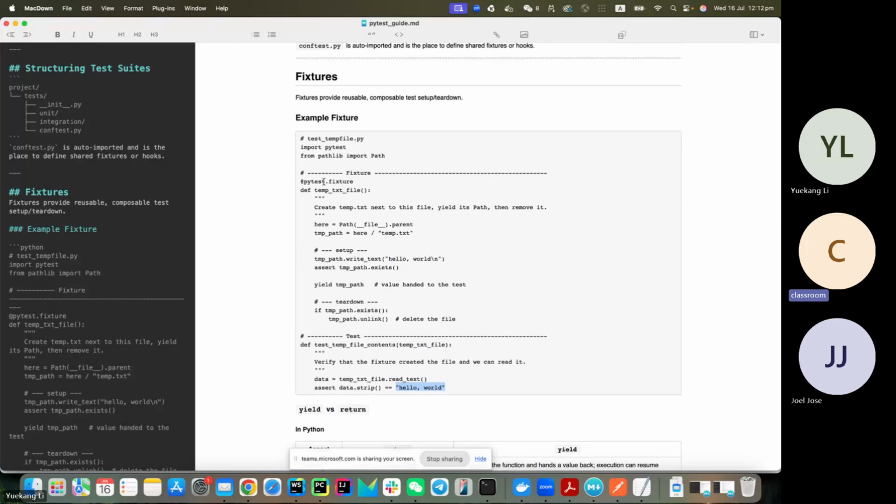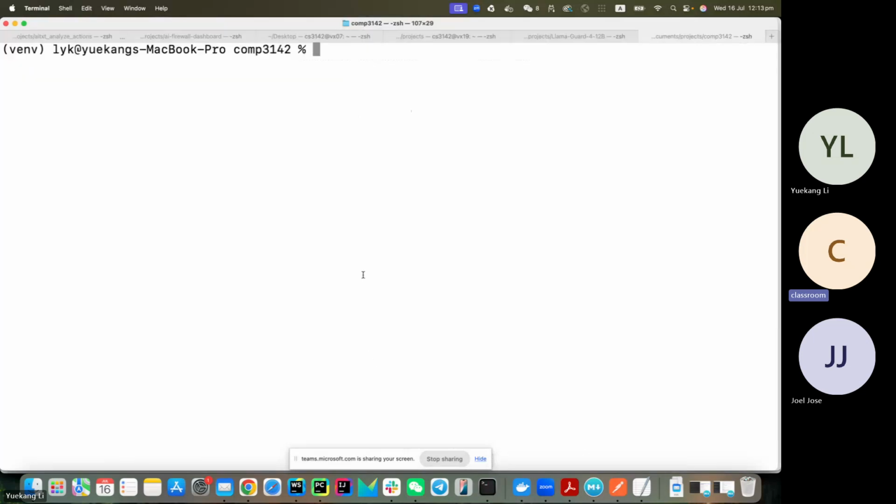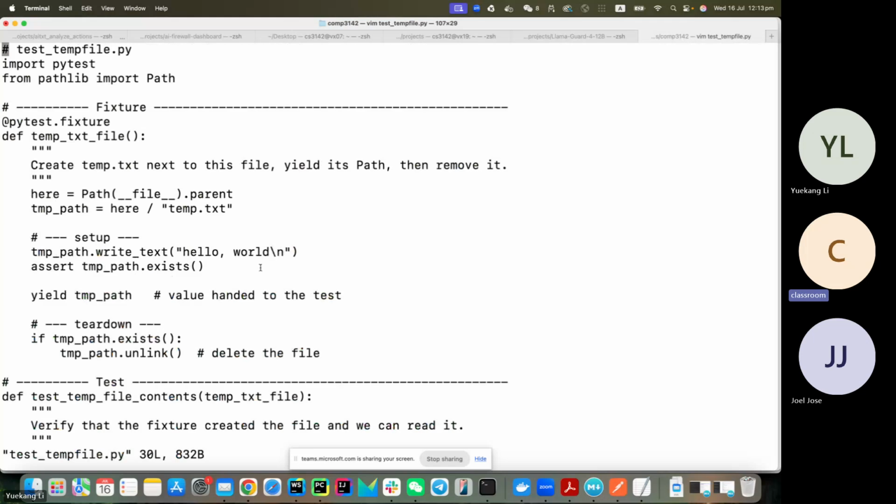A fixture is actually used to provide reusable, composable setup and teardown for a piece of test. And you can see this in this example here. Let's use this with a larger font. So you can see in this test,